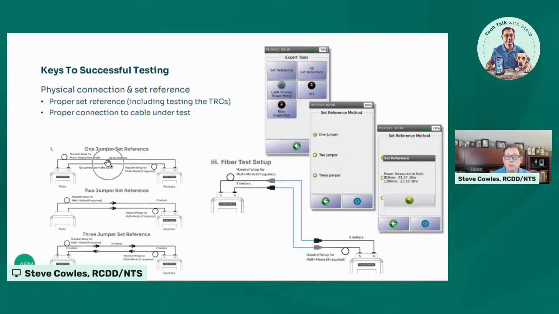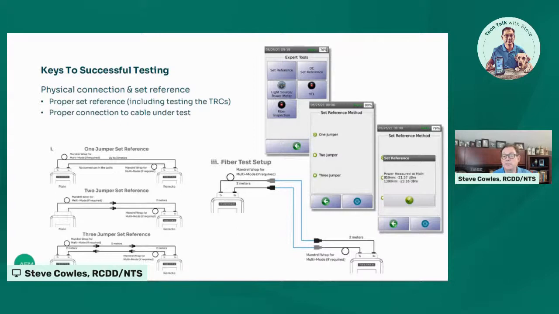Now, after you've done that single jumper method, then you'll add a launch reference cord to each of the receive ports. Once you've set reference, you never disconnect at your transmit port, always at your receive port. If you disconnect at your transmit port, you have to redo the set reference. So you add that additional patch cord to the receive ports, then you connect to your fiber under test and you run your tests. That additional launch cable will not